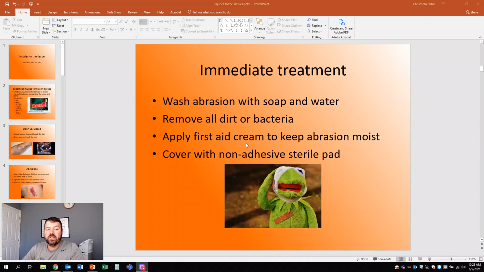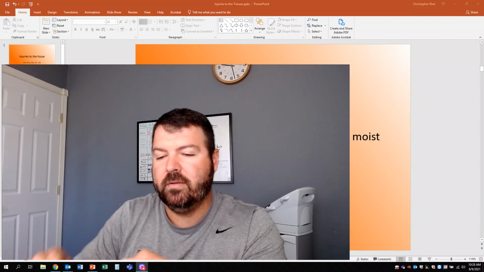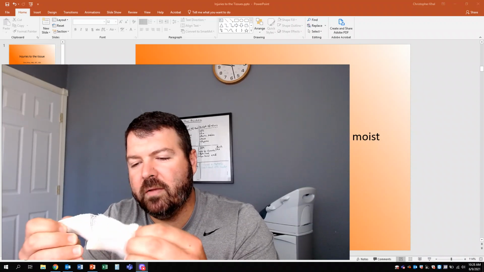And you want to cover with some kind of gauze pad, whether it's non-adherent or adherent. I used to have some non-adherent here. When I talk about that, this is 2 different types of gauze. Okay. So this is adherent and this is non-adherent gauze. If I open this up, let me make my screen a little bigger. This is normal gauze you get at the store for both of these.